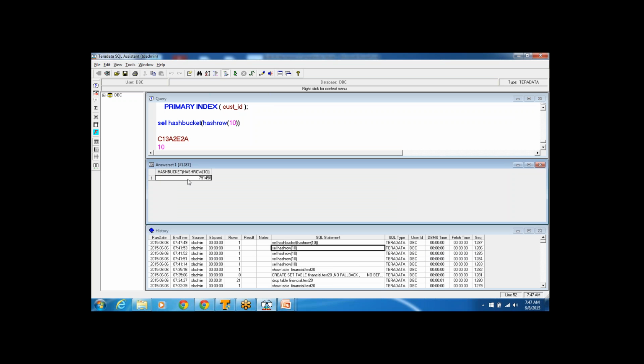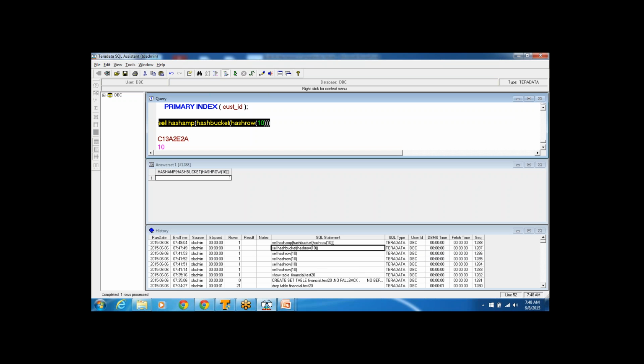This is my bucket number. If I want to know to which AMP this particular record will go, I have another function. If I insert a value 10 into the indexed column, it will go to AMP number 1 in my system. So this is the query which I will be using to find, based on the primary index column value, onto which AMP the record will be